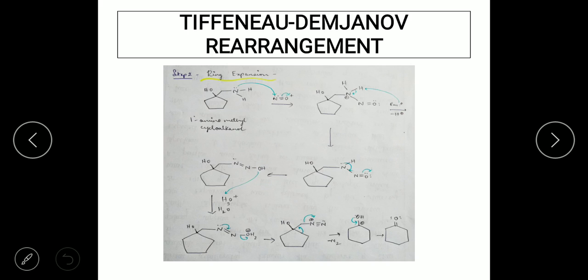Now the next step would be, in the presence of the hydronium ion, the oxygen is going to take up the proton from the hydronium ion. So after taking up the proton from the hydronium ion, it is going to give H2O plus. Oxygen now bears 3 bonds, and hence it is going to have a positive charge on it. You can see 1 bond with nitrogen and 2 with hydrogens, and hence oxygen has a positive charge on it.